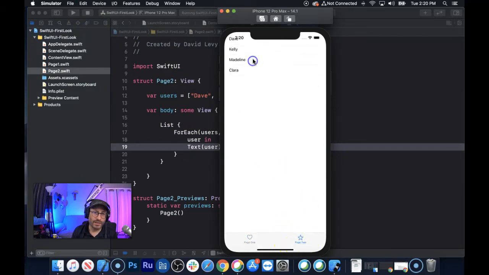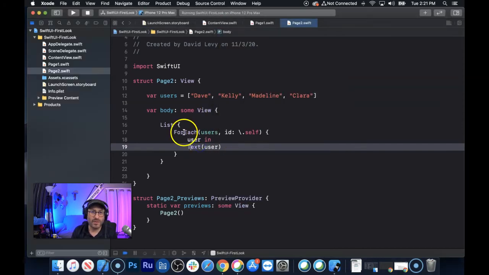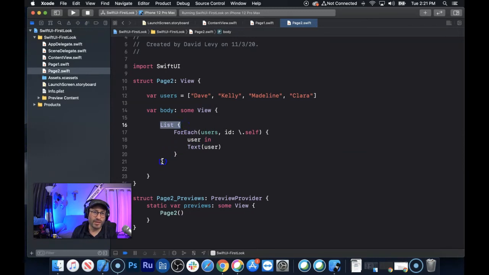See, look at that. We got a table view all ready to go. We didn't have to do app delegate stuff. We didn't have to connect the table view. We didn't have to drag and drop and click and drag and whatnot. We just said, hey, we want a list, and for every user, do this thing. And you can even do stuff like